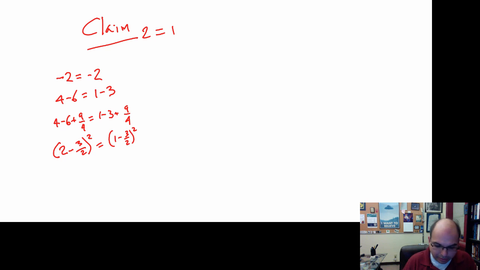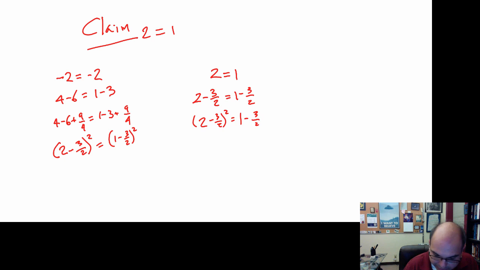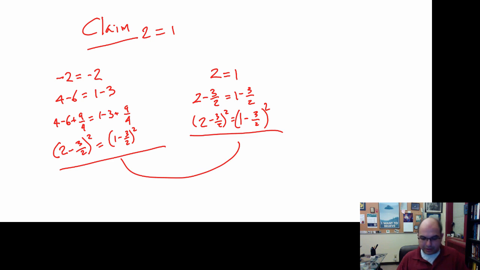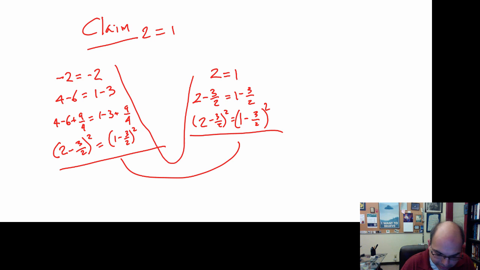All right, so now let me go over on this side and let's do something different. I'm going to say 2 is equal to 1. Now, we don't believe that, okay? But let's say that that's true, and it is certainly the same as saying that 2 minus 3/2 has to be equal to 1 minus 3/2, right? Those are equivalent, and I will square them. So 2 minus 3/2 squared is equal to 1 minus 3/2 squared. And you recognize that, in fact, those are identical, right? So I should be able to say, oh, this is equalities up to that. So therefore,